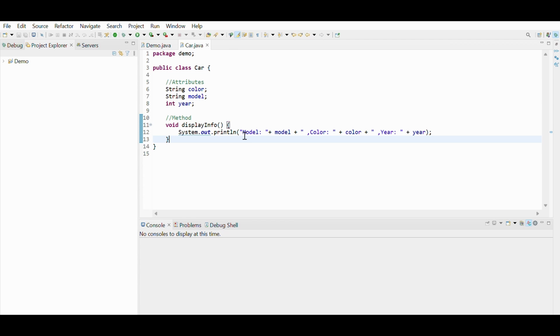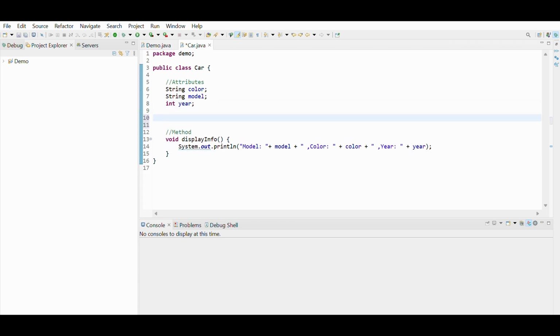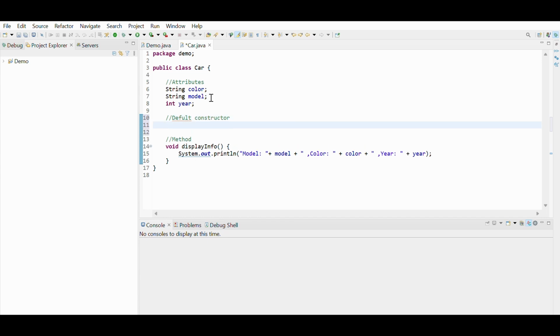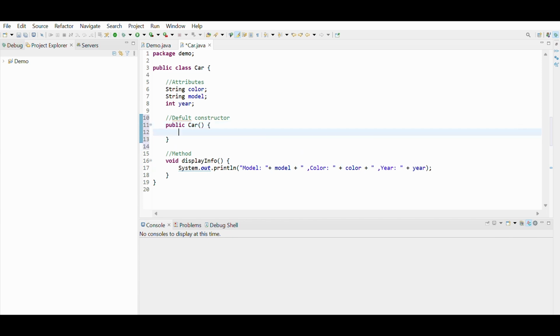Let's see an example of a class with a default constructor. In our previous lecture we have already created a class of Car type. Now for this Car I will create a default constructor. So first let me add a comment, default constructor, and I will type public and then Car. The constructor name will be the same as the class name, and inside this I will just add a sysout statement to see that this constructor has been called. Default constructor